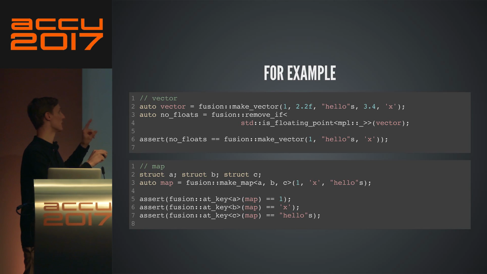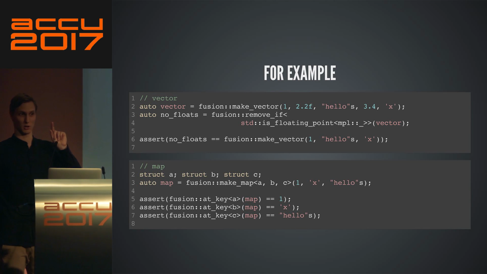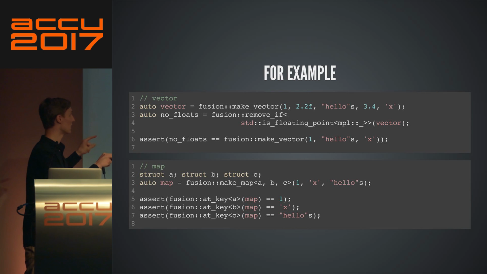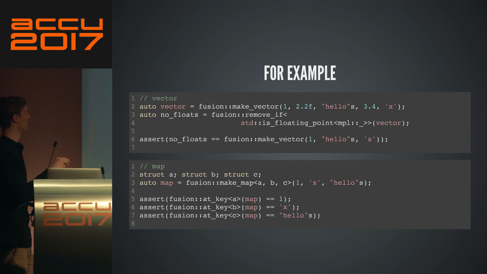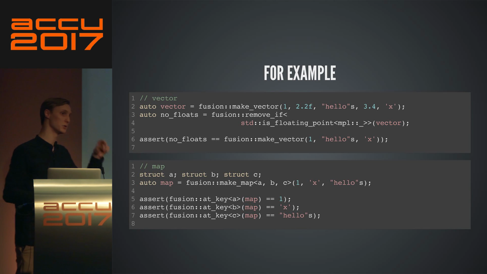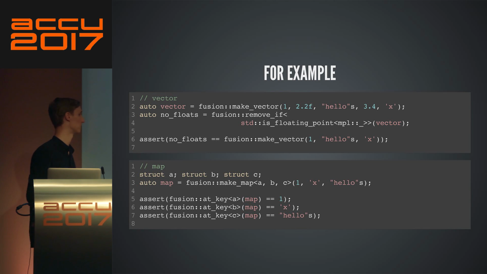So the reason why I did this is because I want you guys to forget about constexpr for now. This has nothing to do with constexpr, right? This cannot be constexpr because there's an allocation. I could be reading that hello from standard input. So at this point, it is done at runtime. Yet the result type of my vector here is known at compile time because I know this is always going to be an int, float, a string, a double, and a char. But the value of these things is not necessarily fixed at compile time.